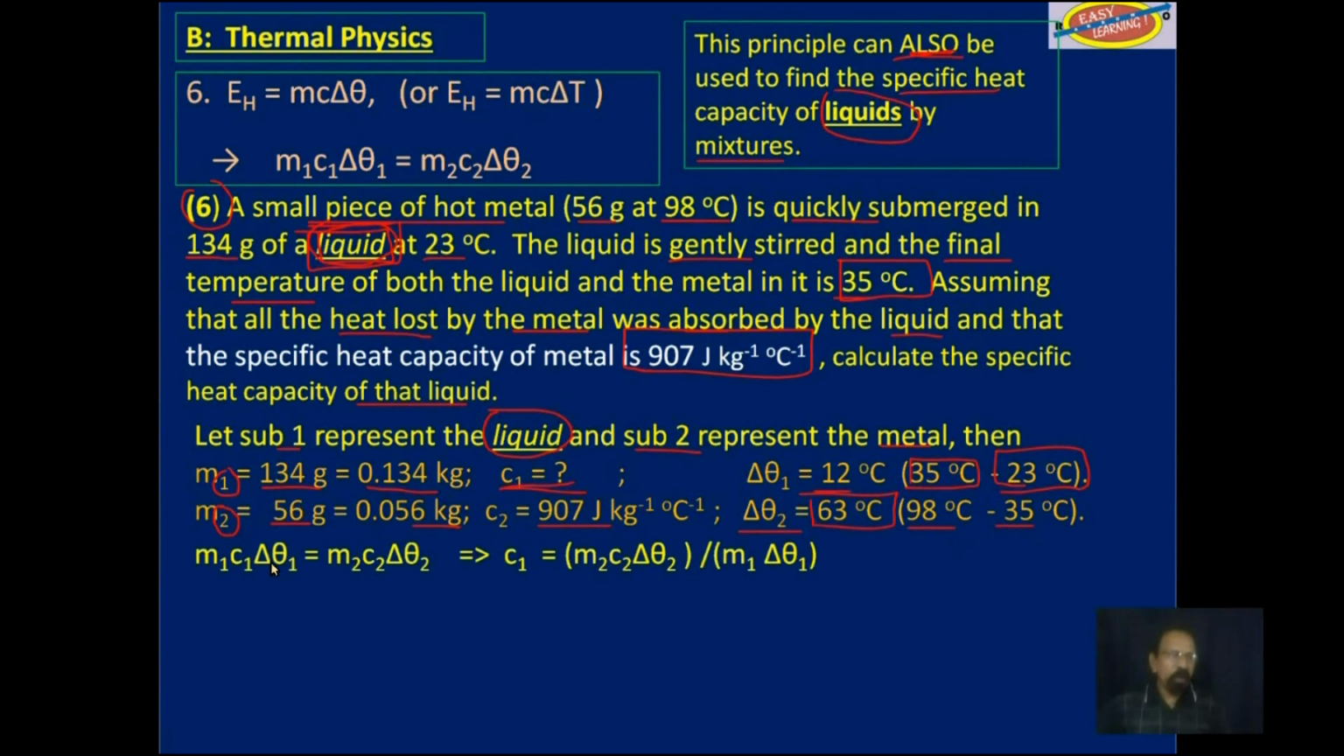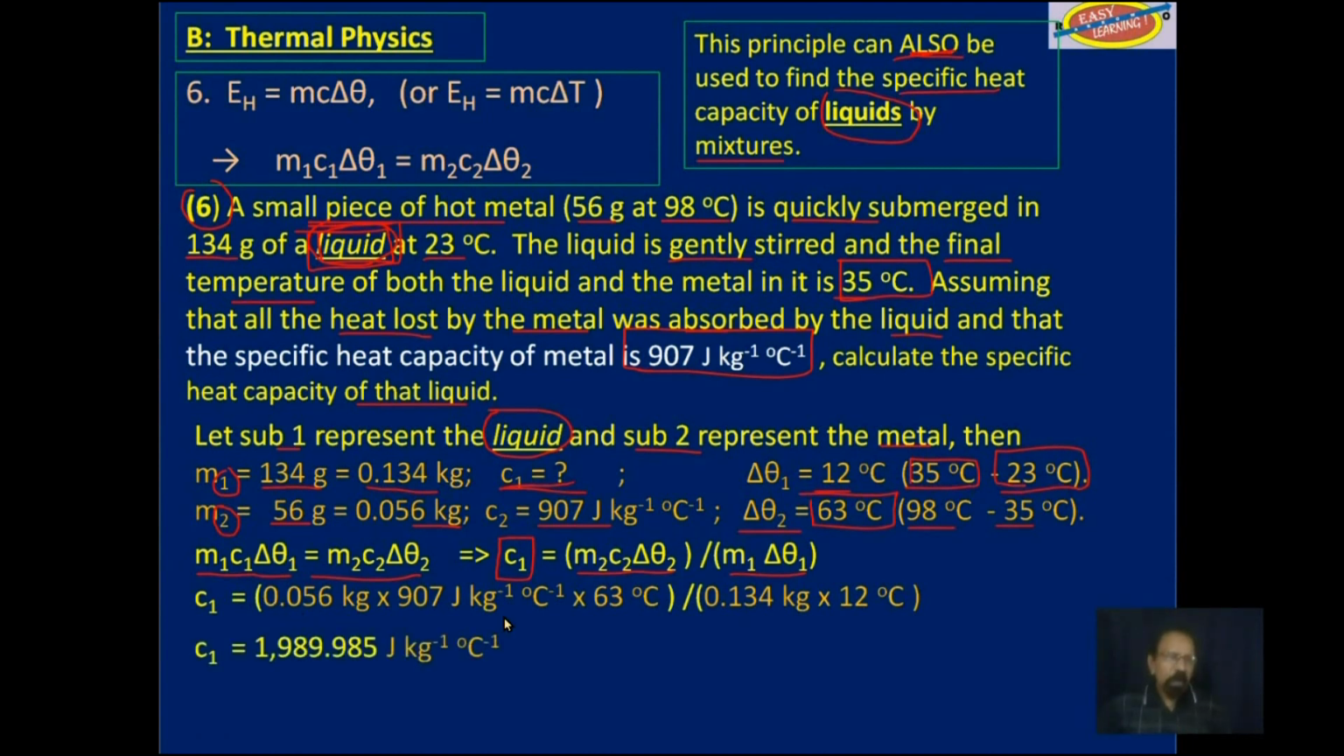Okay, we have our formula here. M1 C1 delta theta 1 is equal to M2 C2 delta theta 2. We ensure that C1 is the subject of the formula, and just like we did before, C1 is equal to M2 C2 delta theta 2 divided by M1 delta theta 1. Substitute our numbers, work that out, and we get 1989.985 joules per kilogram per degree Celsius. Again, let us check our